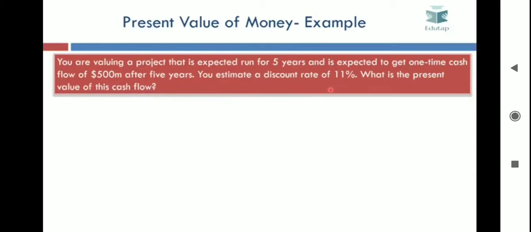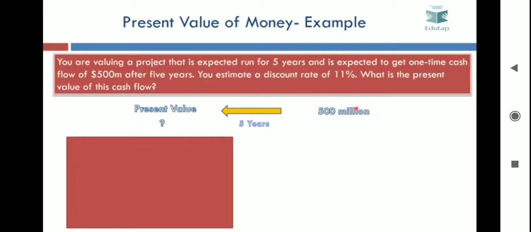Right. So the discount rate is given to be 11% and you have to calculate the present value of the cash flow. Which cash flow? This cash flow that you will get after 5 years, that is $500 million. So if you analyze the problem, eventually it becomes that after 5 years you will get $500 million and you have to find the present value, that is, the present value 5 years before, right? So you can solve this by using the formula